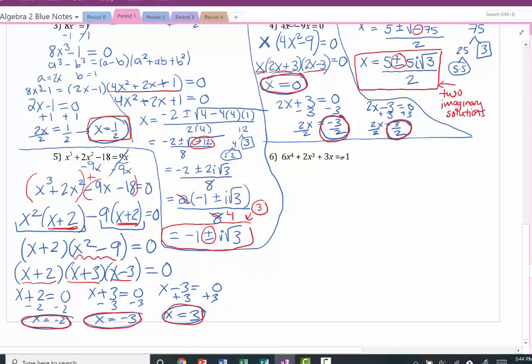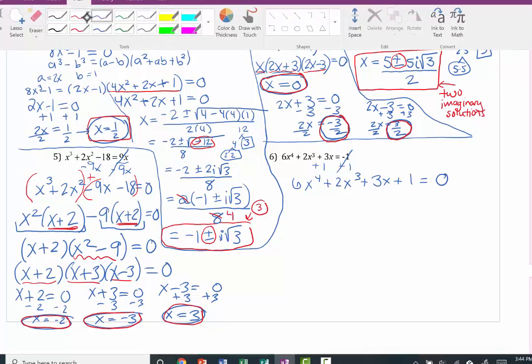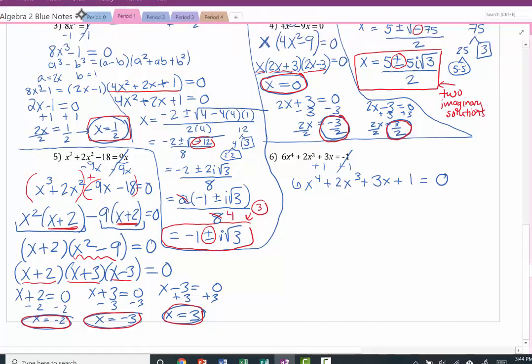All right, last but not least, number 6. Again, be careful and make sure that you get 0 on one side. So you want to start by adding 1 to the left side, okay? And since that's the constant, that one should go at the end. And now the whole thing's equal to 0, making it easy to set equal to 0 once we get the factors. To get the factors, since there's 4 terms, we're going to go ahead and group the first 2 and